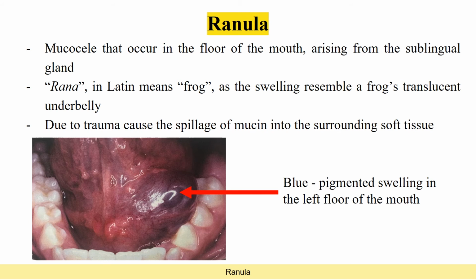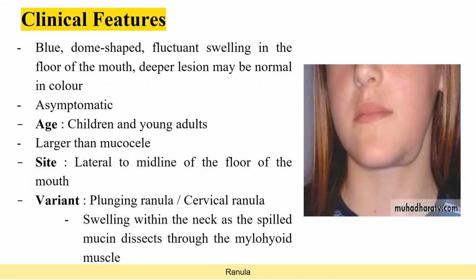found at the left floor of the mouth. Moving on to the clinical features, ranula usually appears as a blue dome-shaped fluctuant swelling in the floor of the mouth, and the deeper lesions may be normal in color. Like mucocele, it is asymptomatic and usually occurs in children and young adults. However, it is larger than mucocele. The most common site for ranula is lateral to the midline of the floor of the mouth,